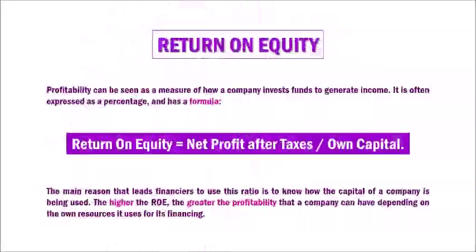This ratio measures the return that shareholders obtain from the funds invested in a company. In other words, the ROE tries to measure the company's ability to remunerate its shareholders. Profitability can be seen as a measure of how a company invests funds to generate income. It is often expressed as a percentage and has a formula: return on equity equals net profit after taxes over